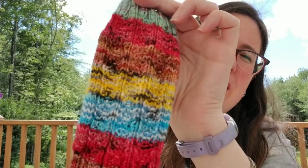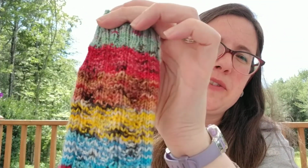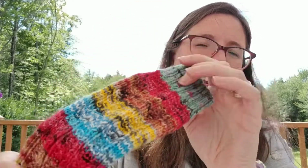So yeah, those are my Arethusa Falls socks, which are named after a nice little place in New Hampshire. And if anyone's ever been there before, comment down below if you've been to Arethusa Falls. It's absolutely gorgeous. It's a nice little hiking trail,